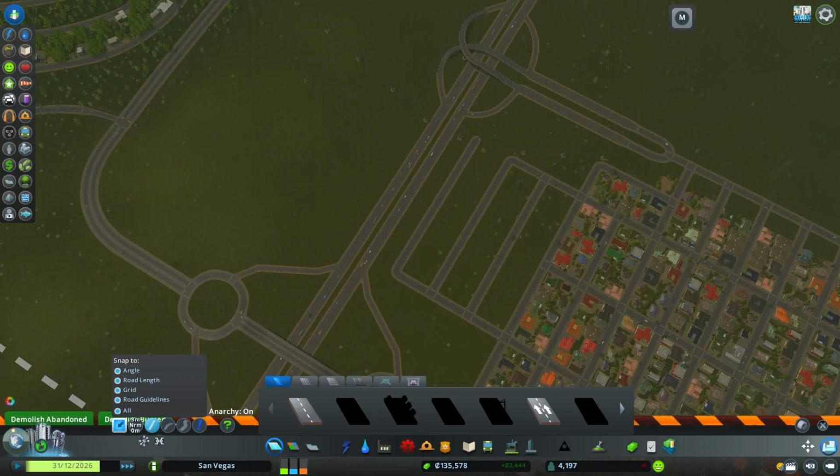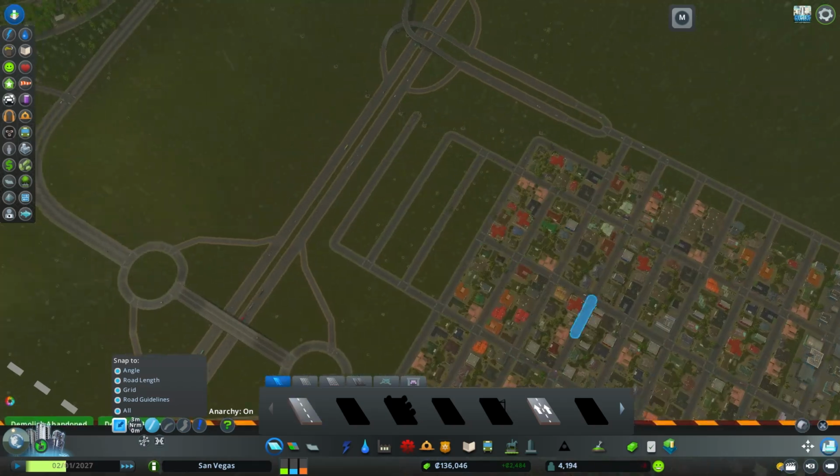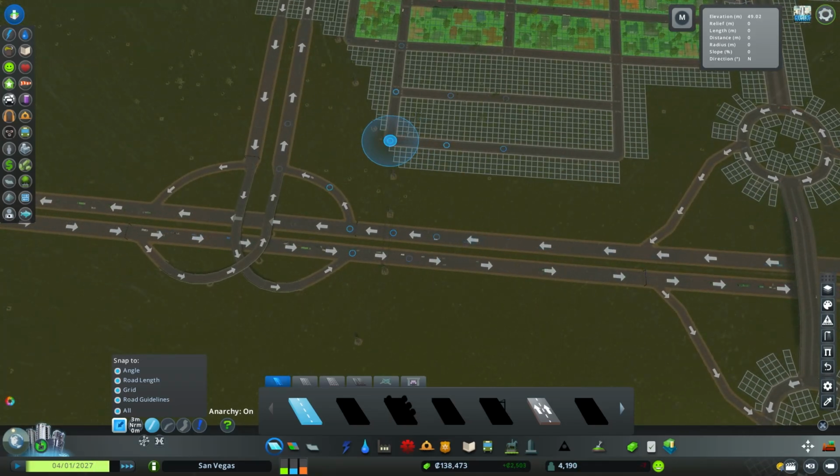Actually, you know what I'm going to do here? Let's take out the roads that we just put down. Okay, I can't undo that. Too late to do. There we go. I got a better idea for what we're going to do here. We're going to